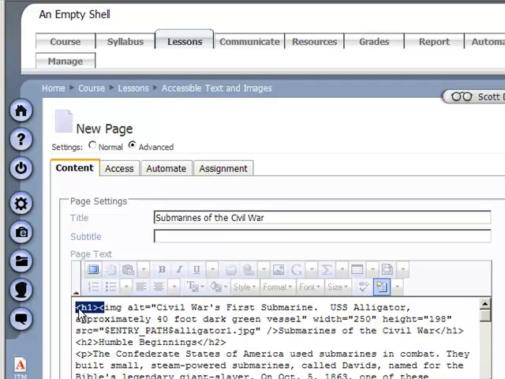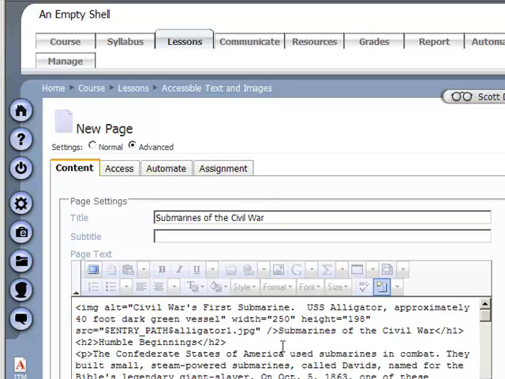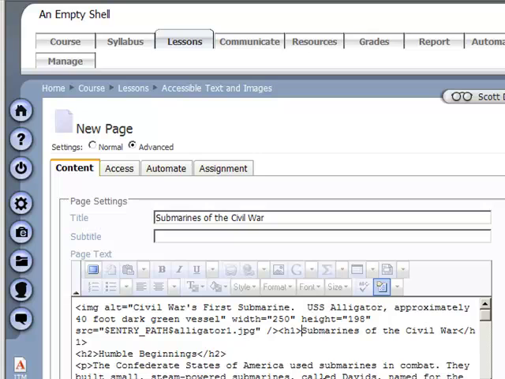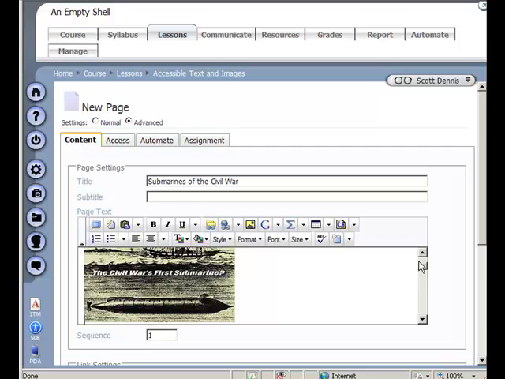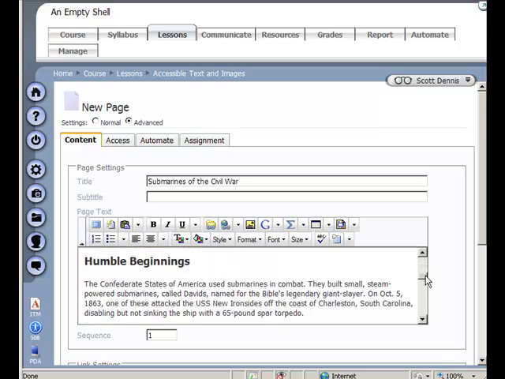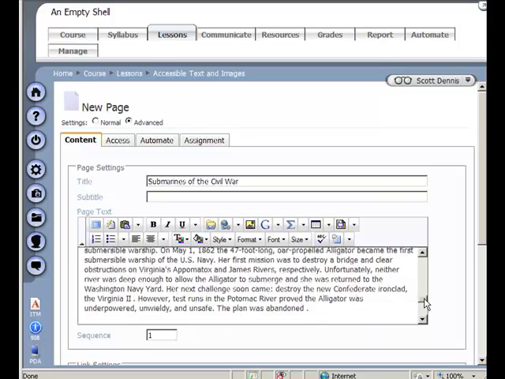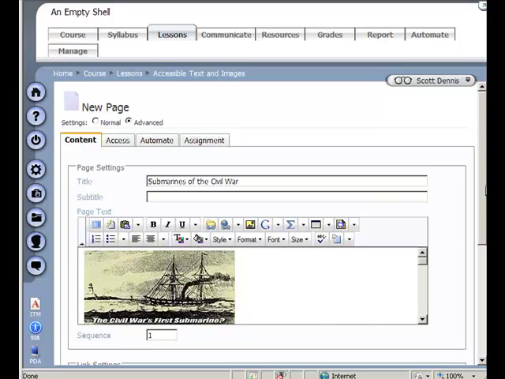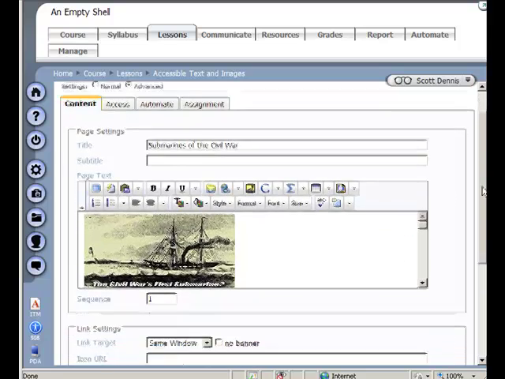So I could go back and fix it, or I could just manually take this beginning tag for the title, and I'll cut it and I'll add it down here. Okay, and let's take a look at that. Okay, so now I've got my image, my title, and then the subheadings for my document. This is going to be much more accessible to somebody who is using software to read